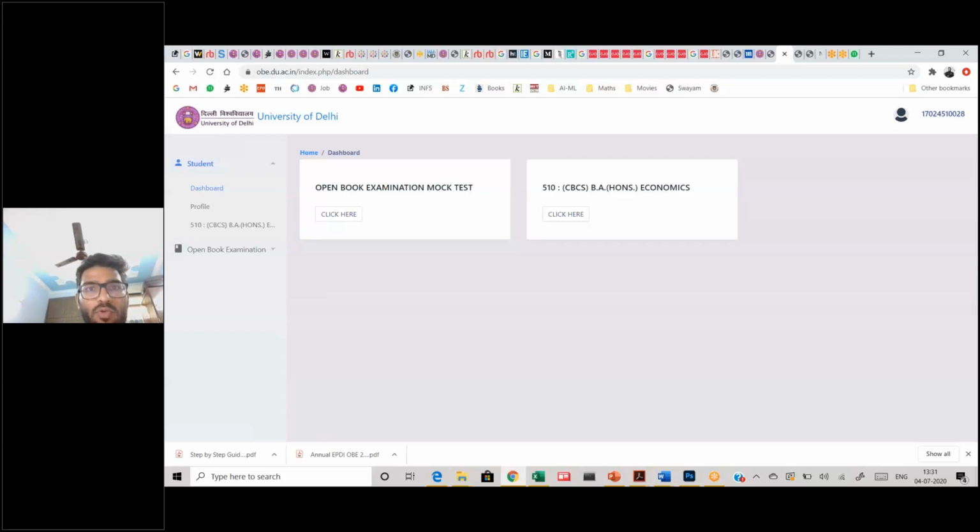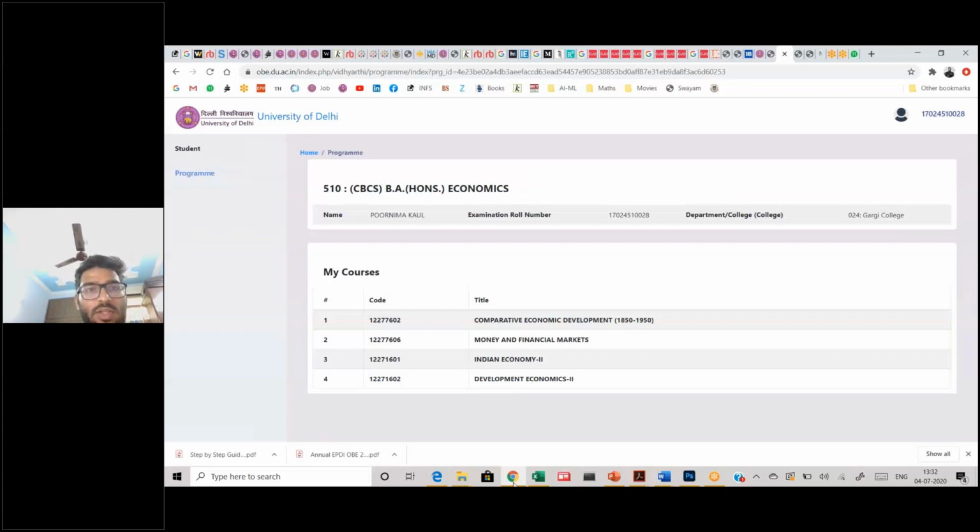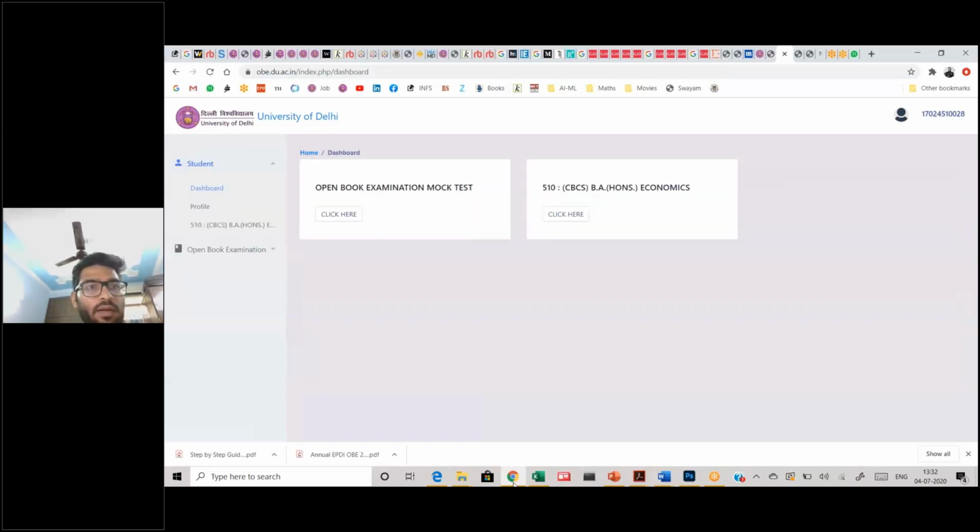One is, remember, you have 510 paper. Do not select 210. I was initially selecting 210. Yours is the CBCS thing. So as and when you select this, you will get all your paper codes as well as your title. So you need to put in your paper codes as well. Then if you go to this open examination mock test,